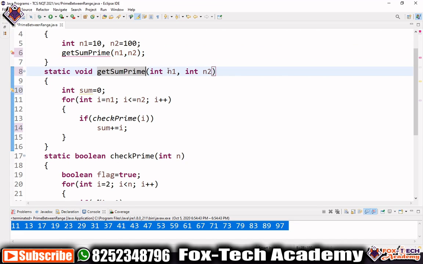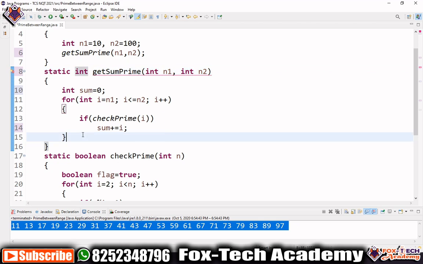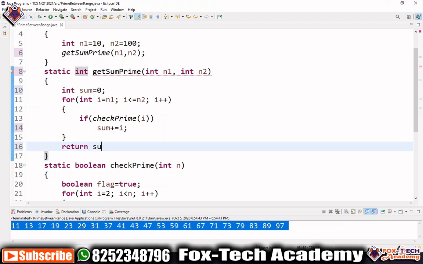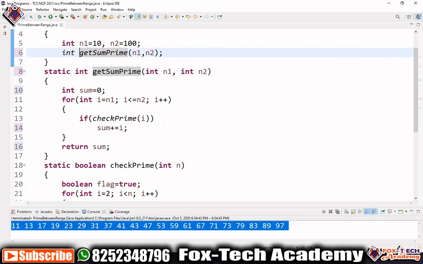This function will return the sum, so we will put int, and here we will return sum. Since we are returning an integer value using this function, we have to store it somewhere. So here we will create one variable, sum, which stores the sum of all prime numbers between the two given numbers.